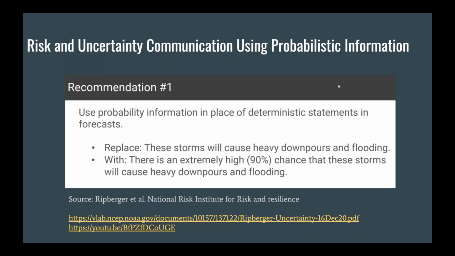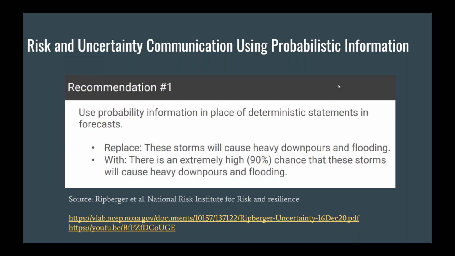I'd like to comment that our move to sharing more probabilistic information is an evolution, not a revolution. It's going to take time. It's going to take a lot of practice. It's going to take our ability to interpret this output. It will improve over time, and how we communicate it will improve over time. But there's a ton of social science research across many, many disciplines, whether it be health, whether it be emergency response, et cetera, that really emphasizes that sharing probabilistic information is much more effective than sharing